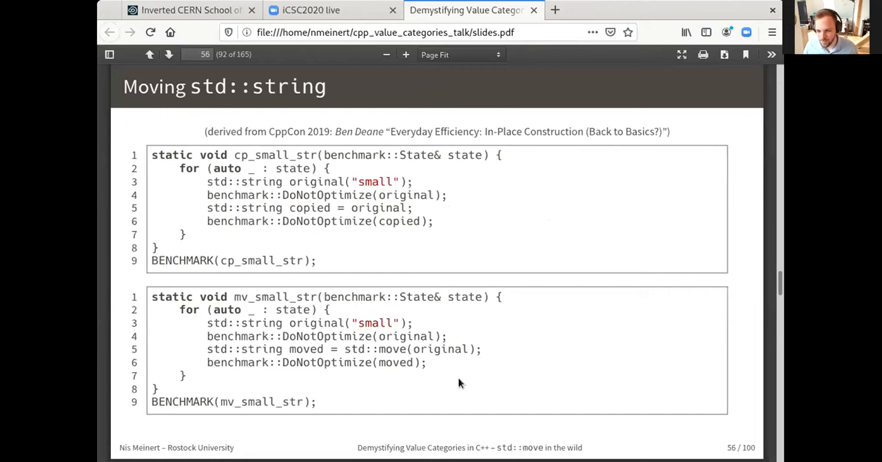Let's do a very quick bench test with micro benchmarks. Let's think about a very small string with a value small attached to it, and then we copy this small string, and then we do the same with std::move. So this is our first benchmark, where our benchmarks are called copy small string and move small string,